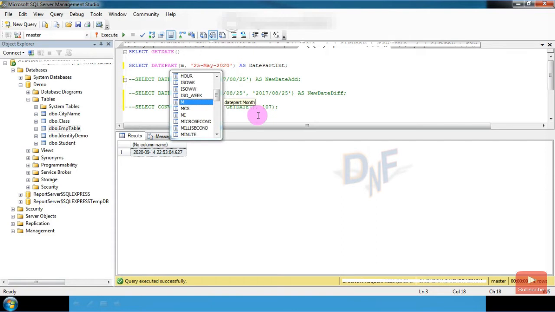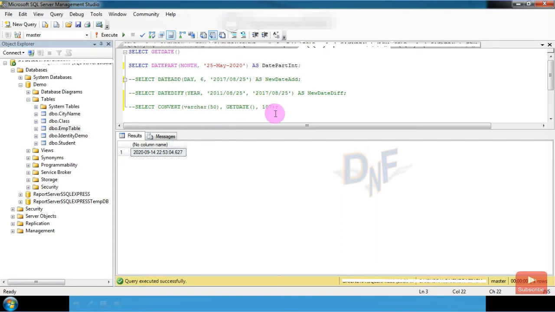For that date I want to display just the month. See, it displays the fifth month, May. If I change it to Feb, it displays the second month.